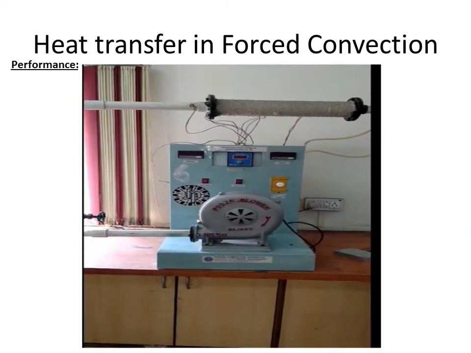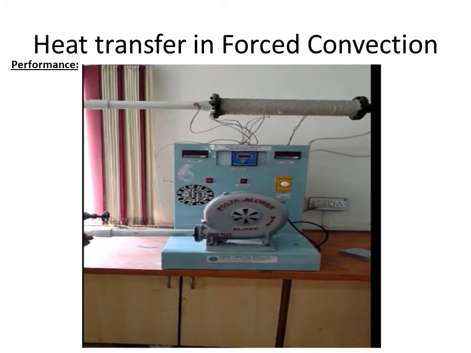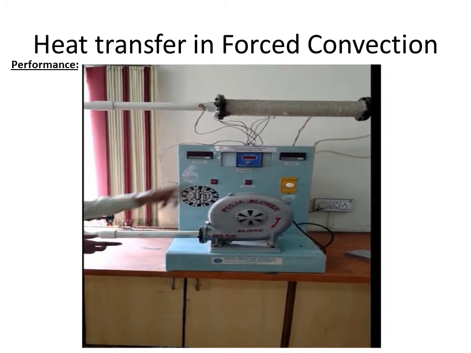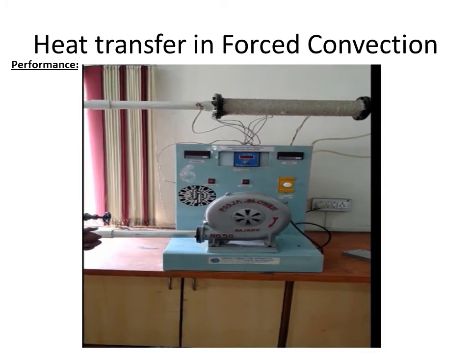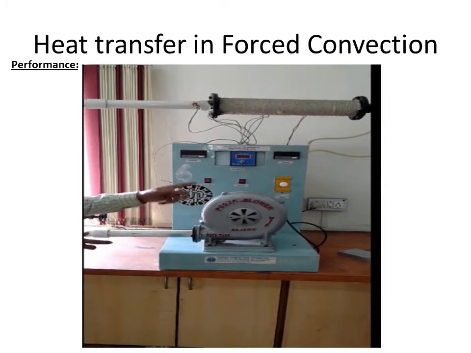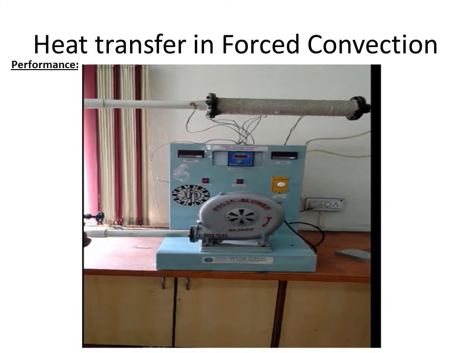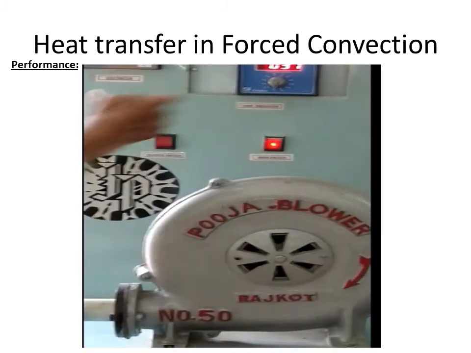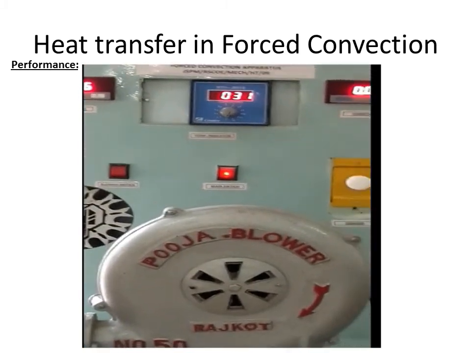So to determine heat transfer coefficient under the forced convection, the first important thing is how to start the setup. The setup and the other things all of you already know. So already we coupled main switch to our switch and we already switched on that switch. Then you have to switch on main switch. Make sure that your dimmer must be in 0 position.